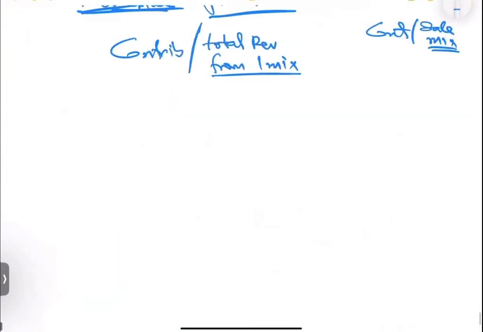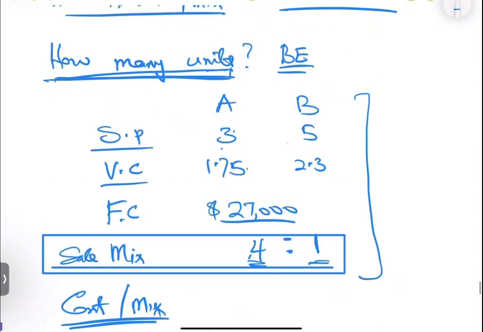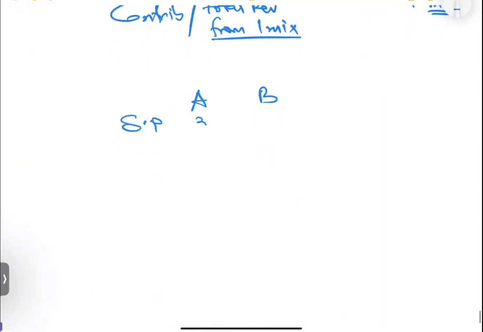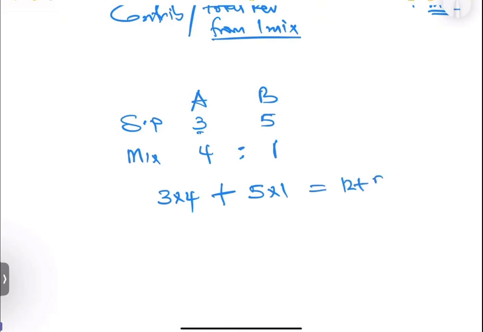Remember, the selling price for A and B is what? 3 and 5. It's here. And you know that the mix is 4:1. So one mix means you are selling 4 units of A. If you're selling 4 units of A at $3 per one, you're making 3 times 4 on A. And you're selling 1 unit of B, that means you're selling 5 times 1. And that is 12 plus 5. So anytime you sell a mix, you're going to make a revenue of